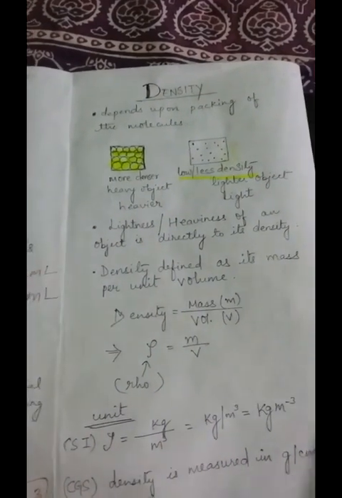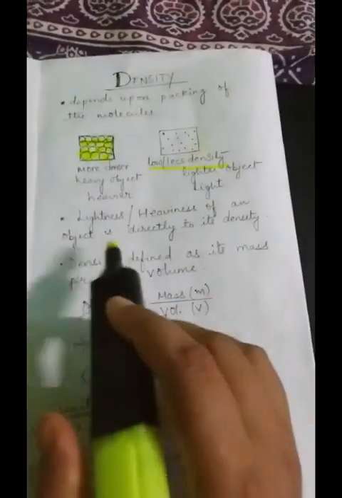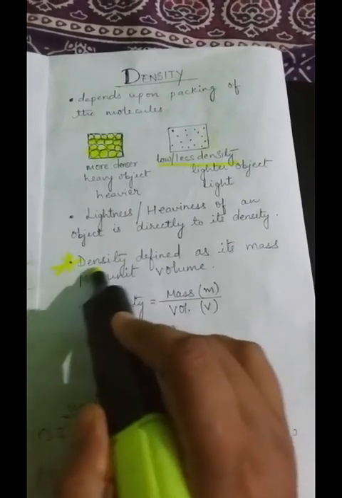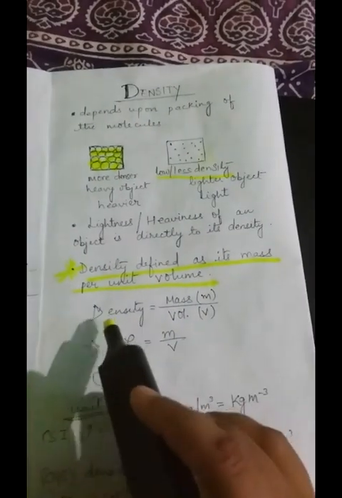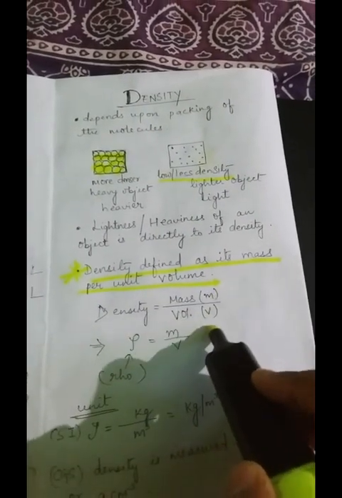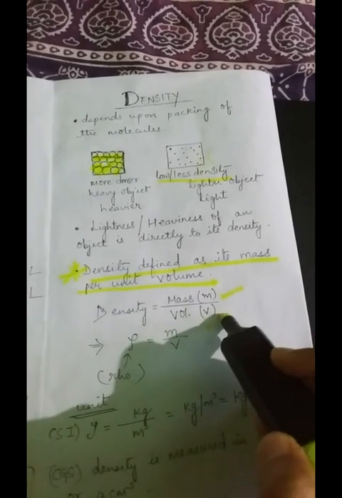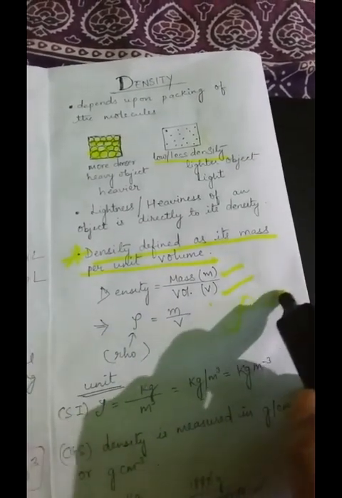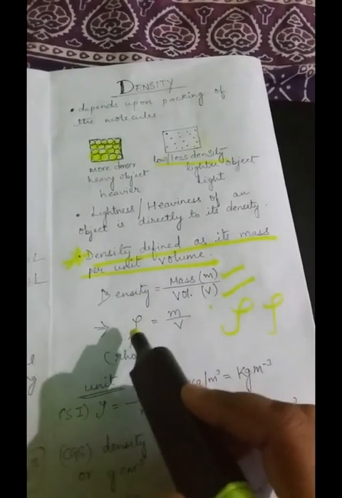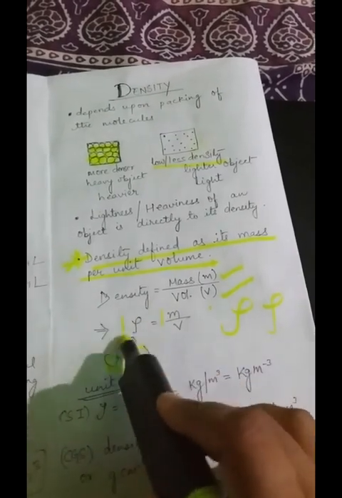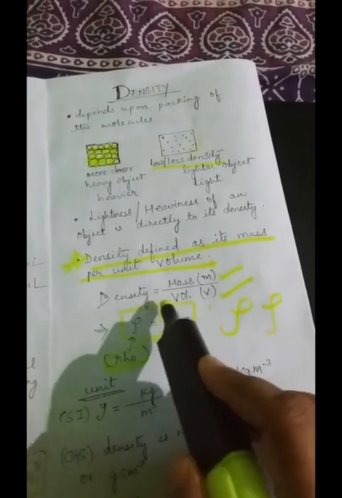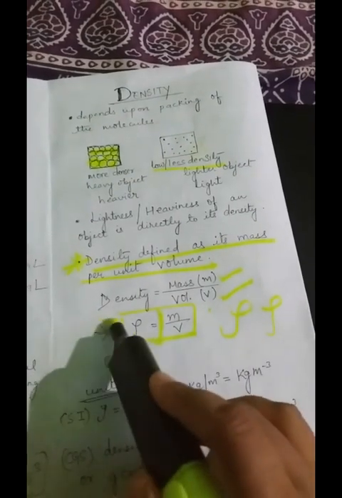So that's how the definition of density comes. What do you mean by density? Which is very important. Density is defined as mass per unit volume. So density is mass upon volume, or you can say it is the ratio of mass upon volume. It is denoted by the symbol rho. This is something like a curly p, you can say. It is known as rho, and it is given by the formula rho is equal to mass upon volume. This you have to remember for numerical purposes.